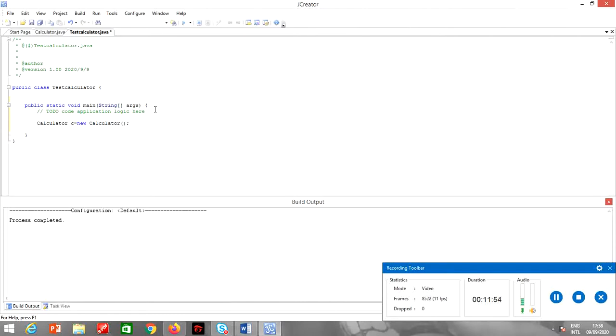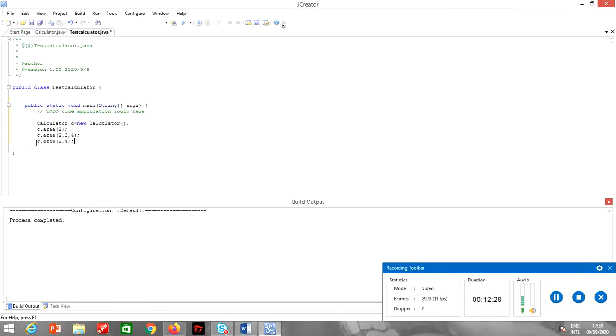For example, if I pass C.area with one argument, for example 2, that means the first area method will be called. If I pass C.area(2, 3, 4), the third area method will be called. And if I pass C.area(2, 4), the second area method will be called.